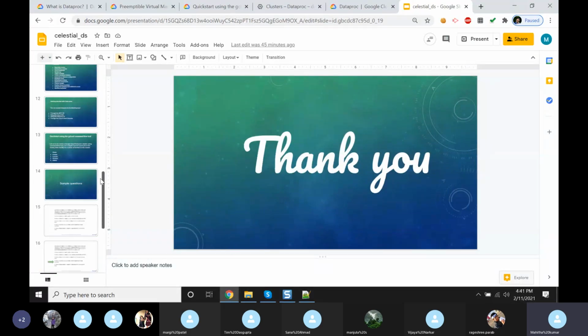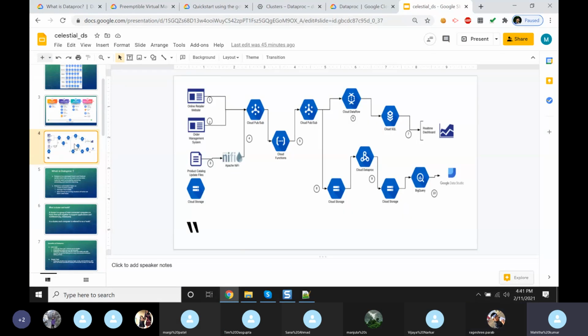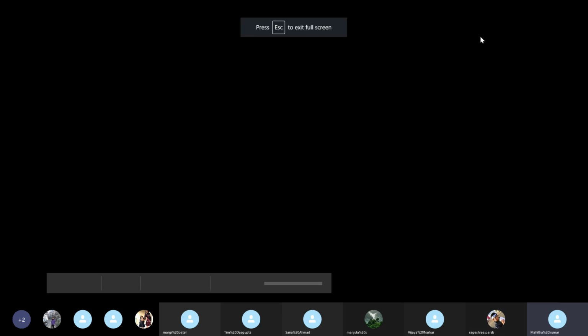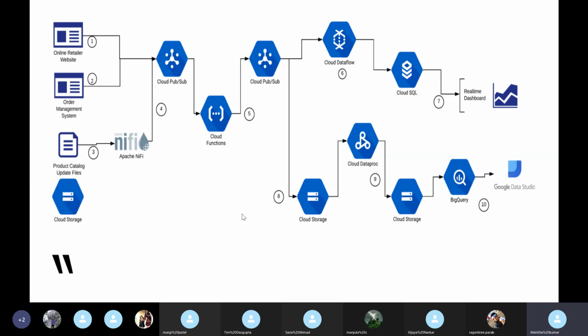We can set it up according to our needs and whatever we feel is best for us, because the needs are different for each company, right? According to the data, according to the needs. So this is a sample pipeline. Here we have incorporated Cloud Dataproc.